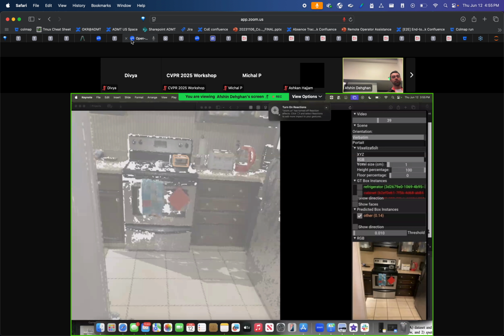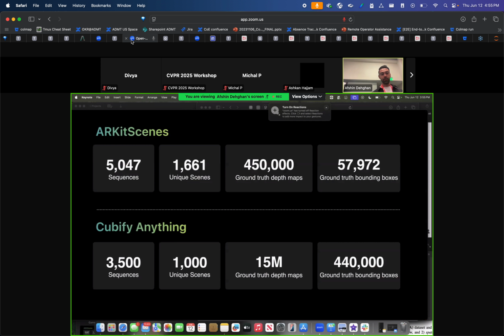So this was one of the biggest breakthroughs that we were able to do, and one of the reasons that we were able to do all of this bounding box work at the scale that was needed. And here's a snippet into the data that we built and also released, and a comparison with ARKit scene. You can see that we have an order of magnitude more